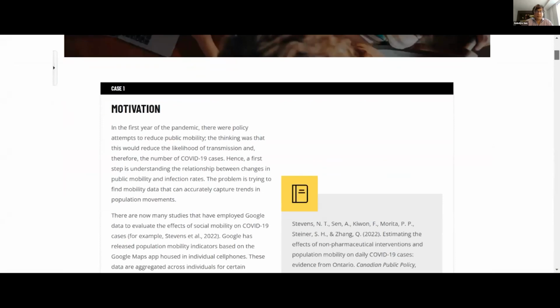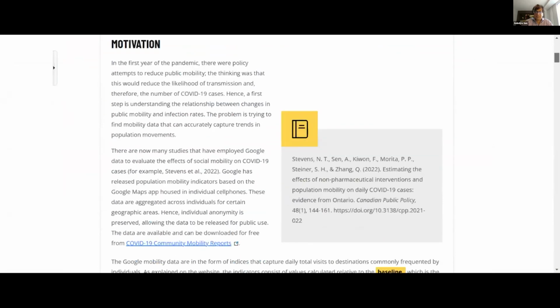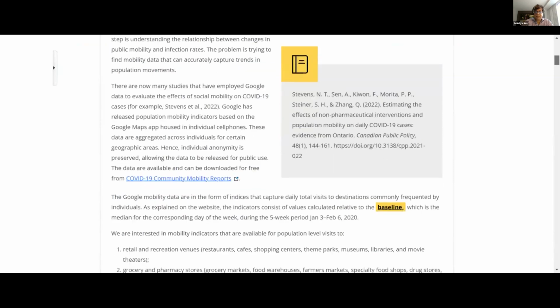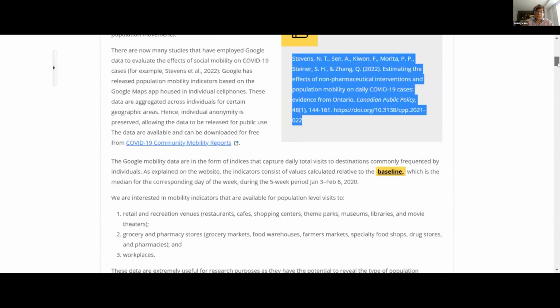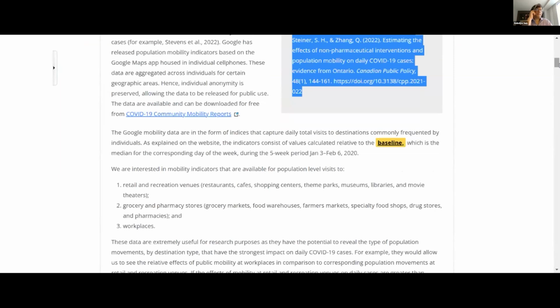And I've looked at provinces, different cities in Canada. But this is based on a paper I published with different co-authors from the University of Waterloo. It's in Canadian Public Policy. But the idea with Google, just to give you a quick spiel, and I'll spend more time on this after our break, but